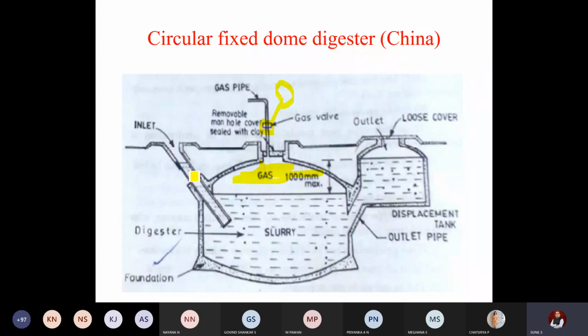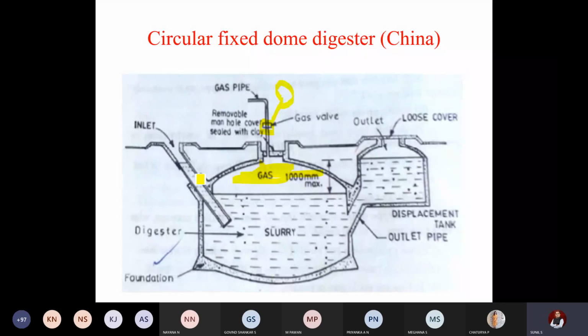That was the first question because there were no partitions, no separate gas collection tanks, etc. It was a single cylinder, so the capacity is higher. Next, the cost of the plant was less because there was no question of any steel constructions, and the labor required is very less. Why? Because even a village mason can easily construct it.